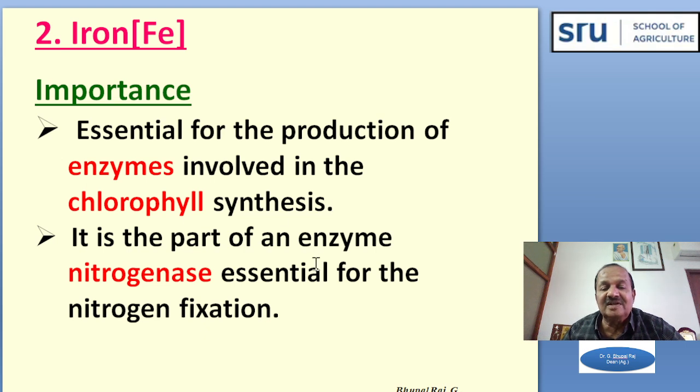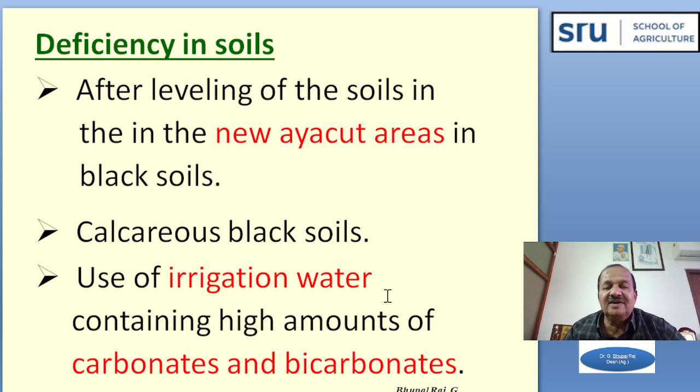It is also part of an enzyme, nitrogenase, which is essential for nitrogen fixation. In leguminous crops, nitrogen fixation happens in the nodules, so the nitrogenase enzyme is there. Iron is a part of the nitrogenase enzyme. So where will we get this deficiency of